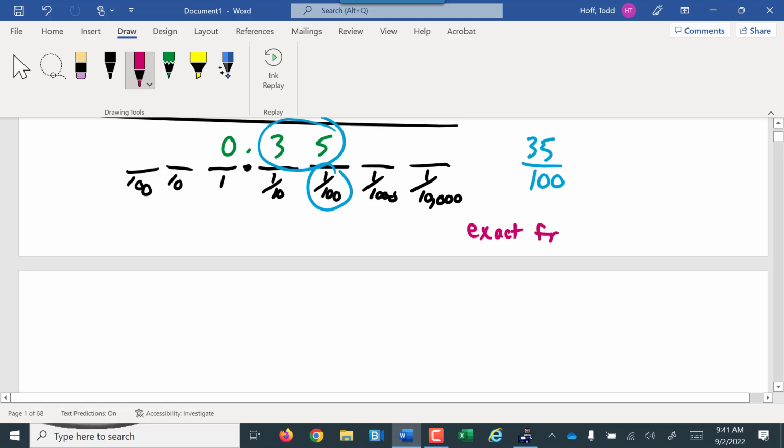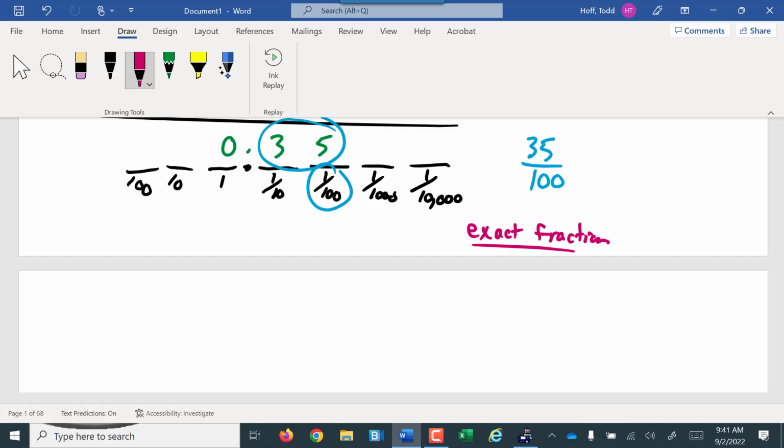If you're asked to convert to an exact fraction, that's exactly what you do, you just reduce this. I heard somebody say you can divide them by 5. So we do that. 35 divided by 5 is 7, and 100 divided by 5 is 20. Perfect. Once again, if you have a whole number in front of it,